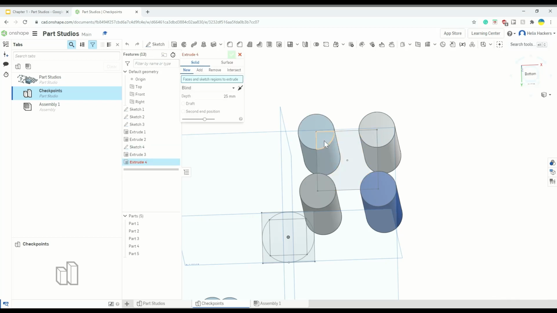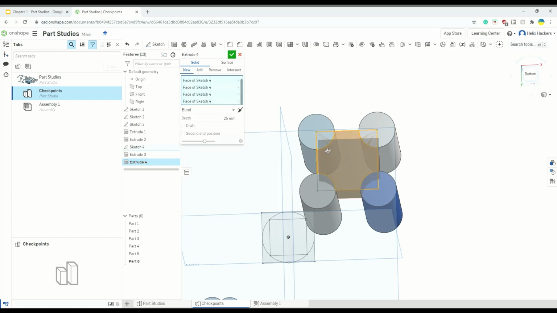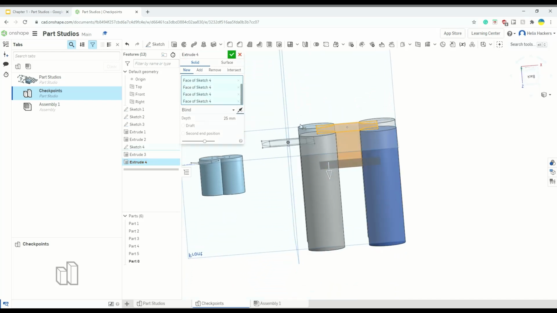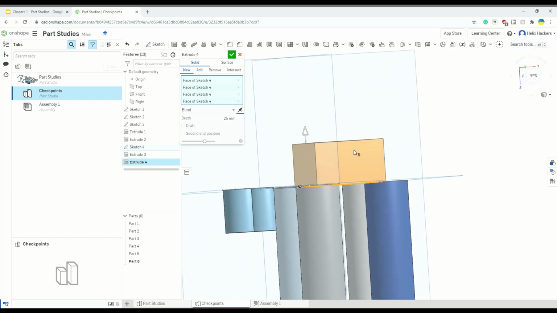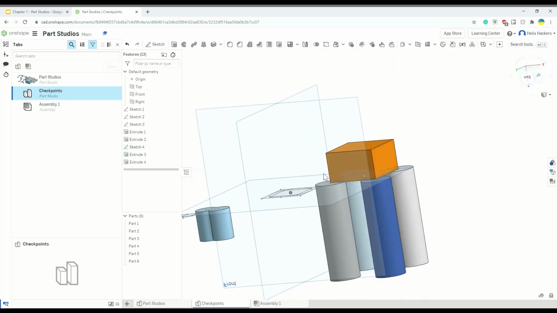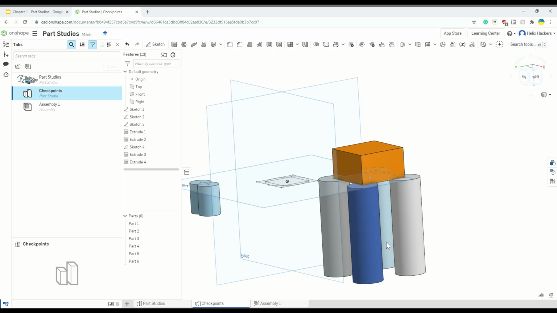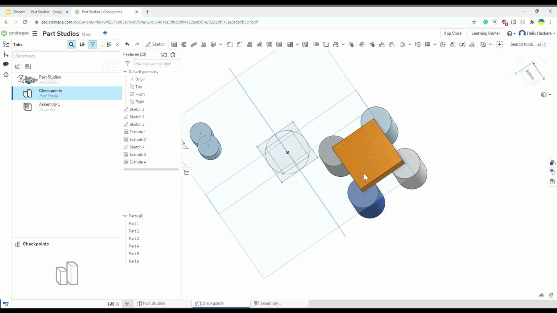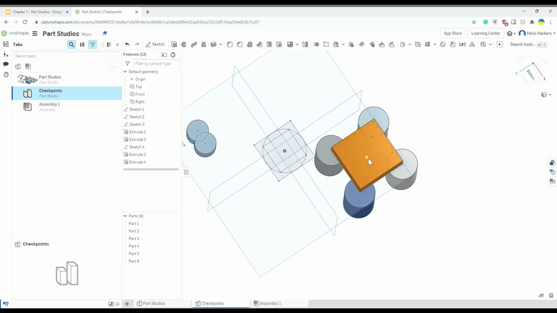So let's go ahead and select all cross sections of the rectangular prism, change the direction that we're extruding it, and press the check mark. So now we have completed the mini project. Now let's work on the challenge. So for the challenge,